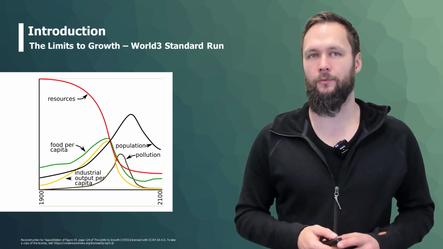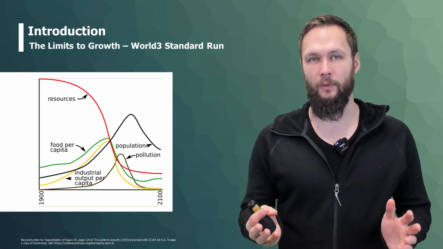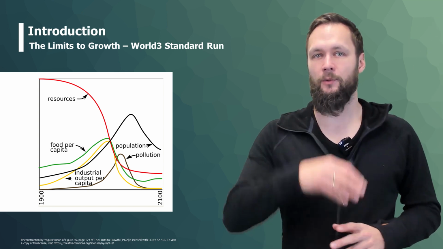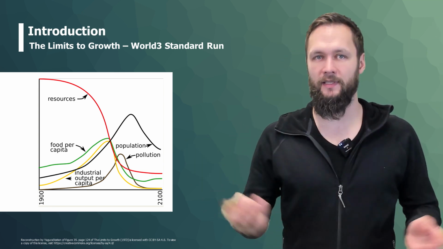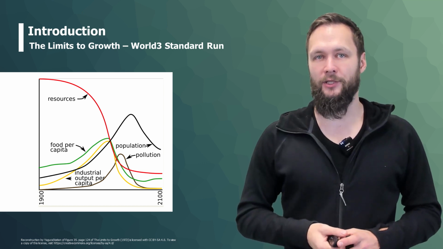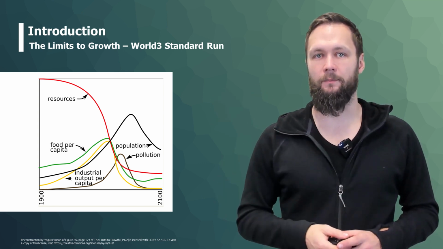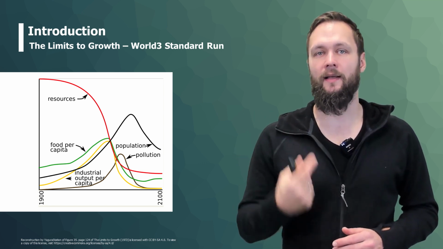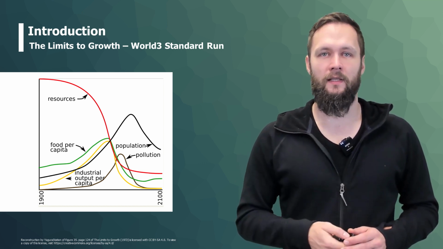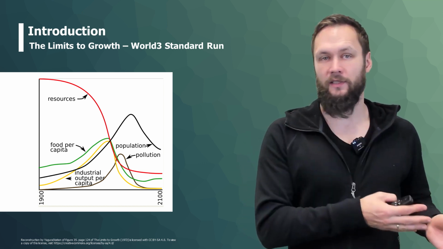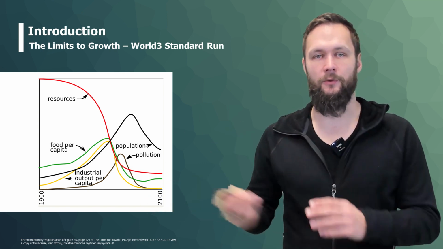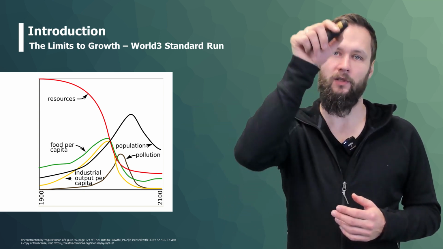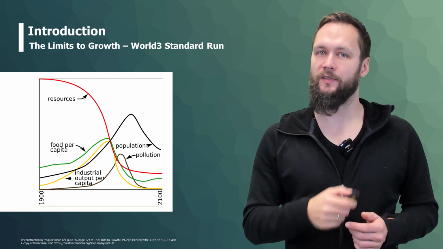First, the red curve represents the resources. We start in the 1900s with a large portion of resources, which is then slowly but surely depleted by using it. You also have the population, which increases over time, and further parameters like food per capita, industrial output per capita, as well as environmental pollution. When you start the model simulation in the 1900s and let it run for 200 years, the standard run looks as represented in this figure. We slowly but surely deplete our resources.